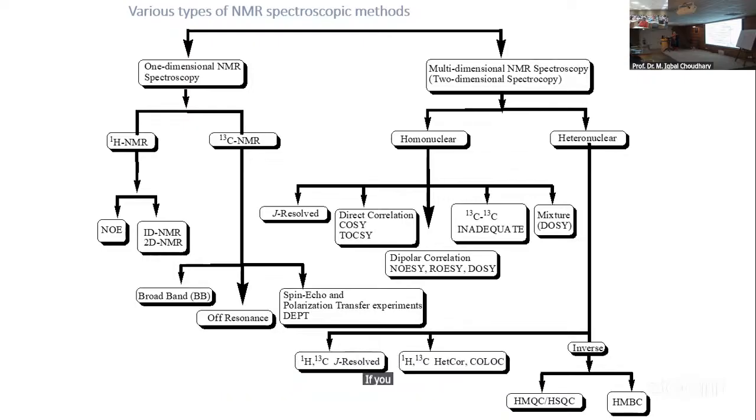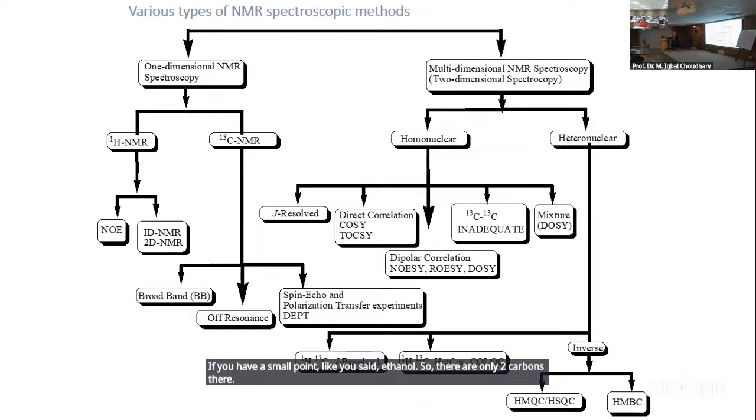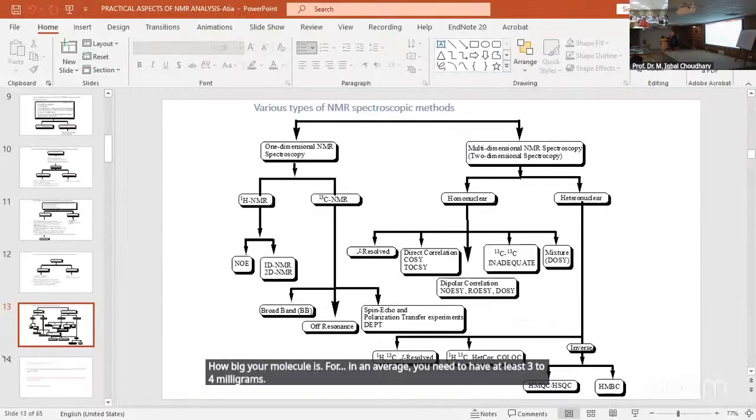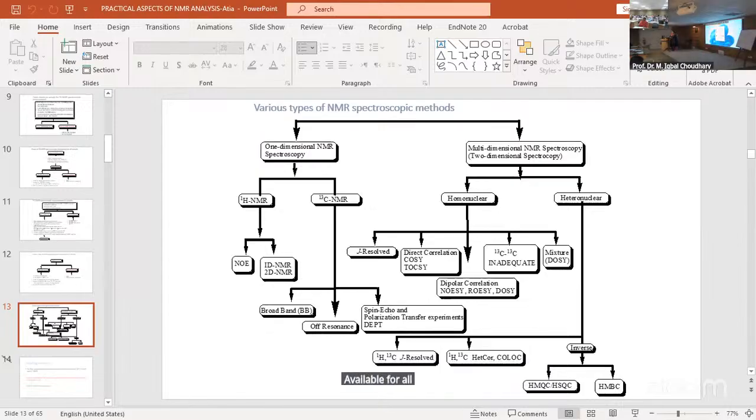If you have a small molecule like ethanol, there are only 2 carbons there, so a very small quantity is fine. Analysis depends on how big your molecule is. On average, you need to have at least 3 to 4 milligrams available for a good proton and C13 spectrum,